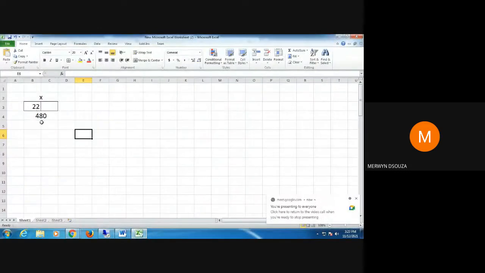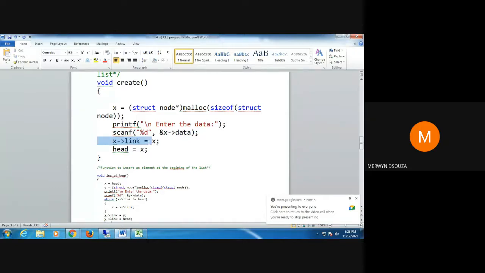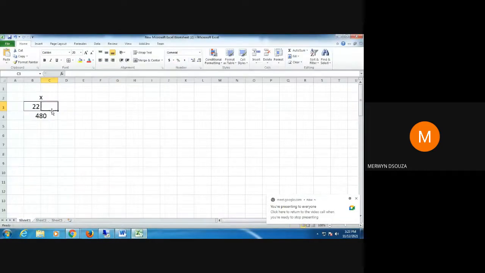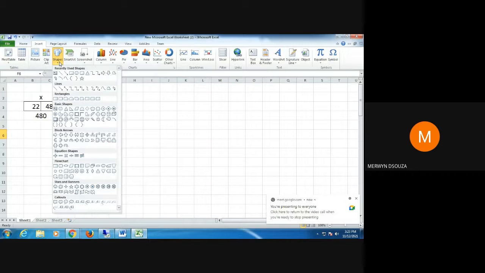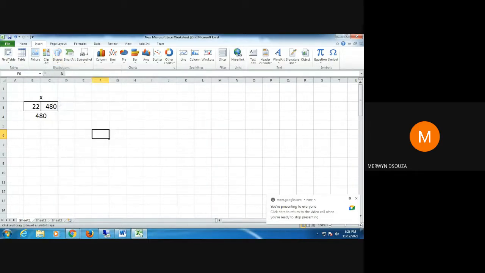Now, we are having only one node here, that is the node with the address 480. So what value should come here? 480. We do that using this line: x arrow link equal to x, which means we get 480 here. Once we get 480, that means this node is pointing to itself.